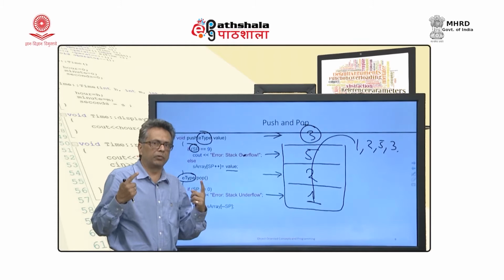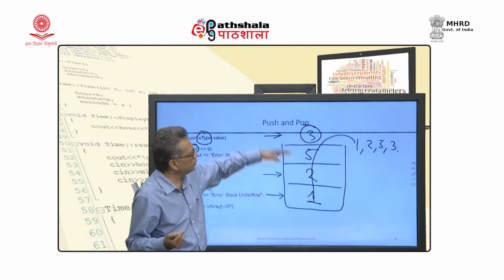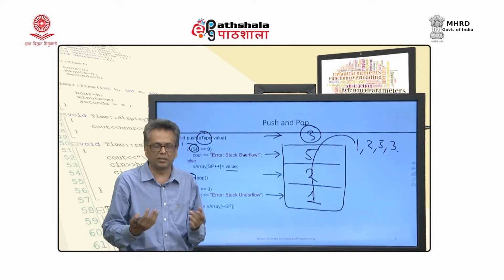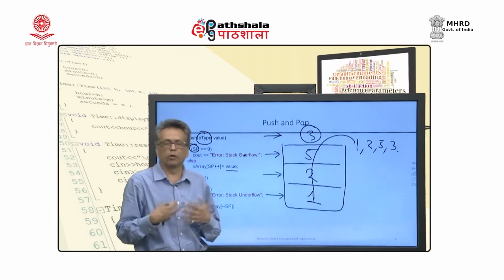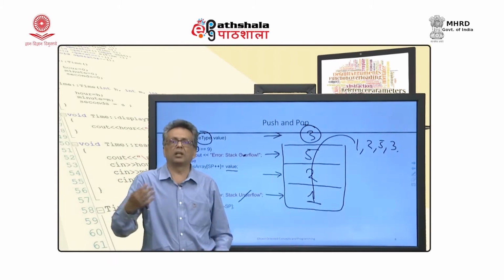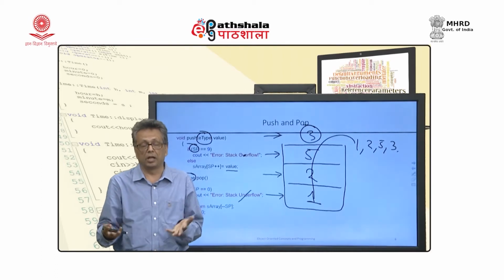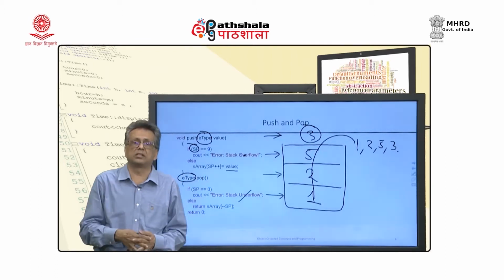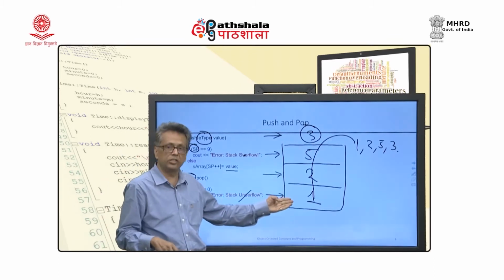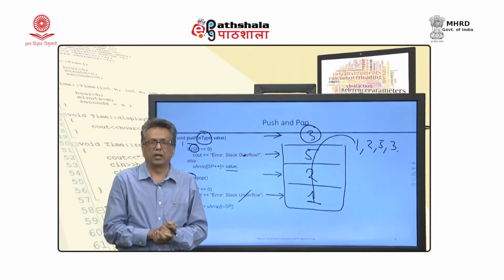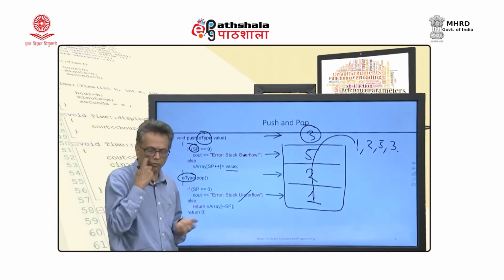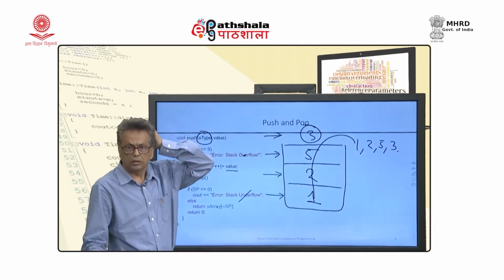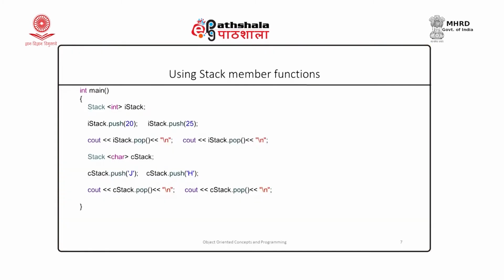The two conditions that we are testing are these. Suppose I am implementing the stack using an array of 10 elements and I already have 10 elements, I cannot push further. So, I have this stack overflow error. And when I do not have any element and I try to pop, I can't pop anything out because there is nothing in the stack. So, if the stack pointer indicates 0, it means there is nothing in the array, so I can't pop anything out. So, it is an error, and it is called stack underflow. So, these errors are being checked, and here are the calls.